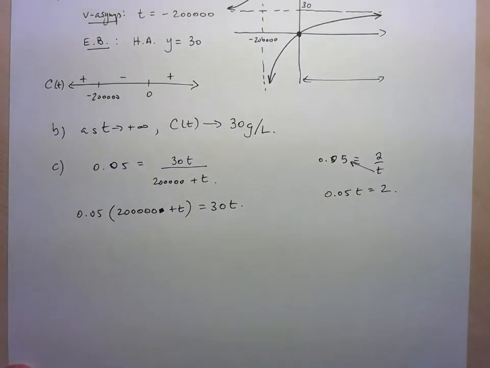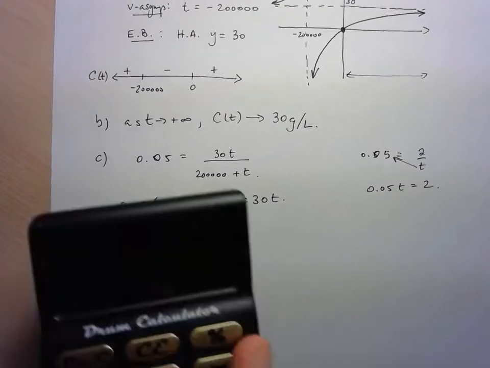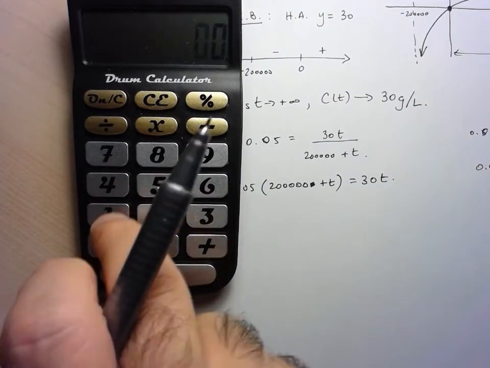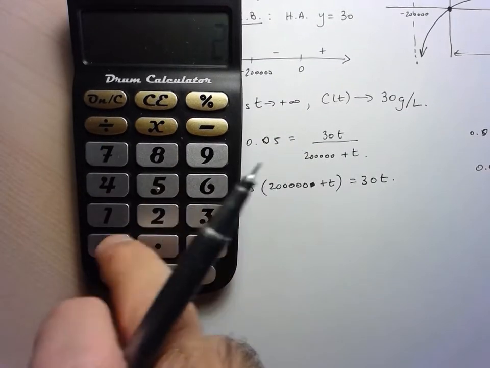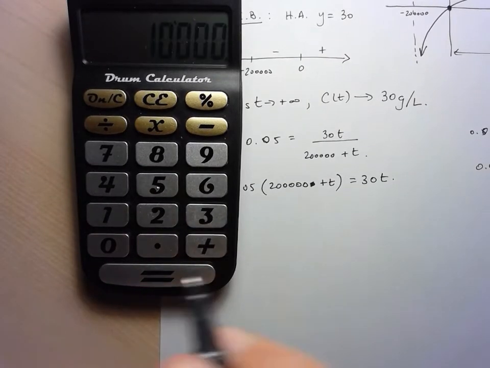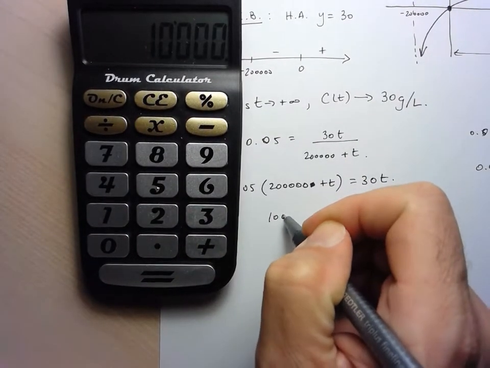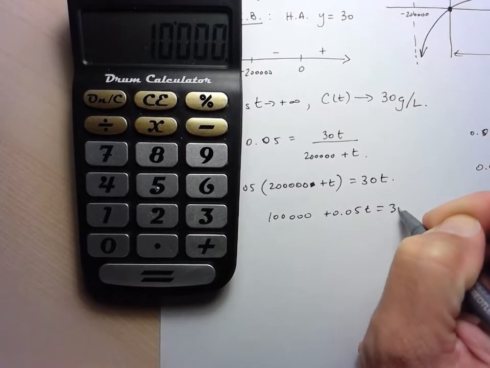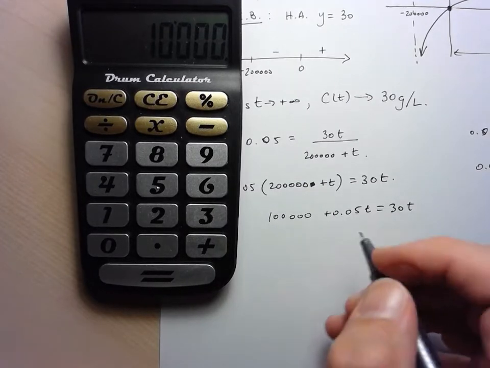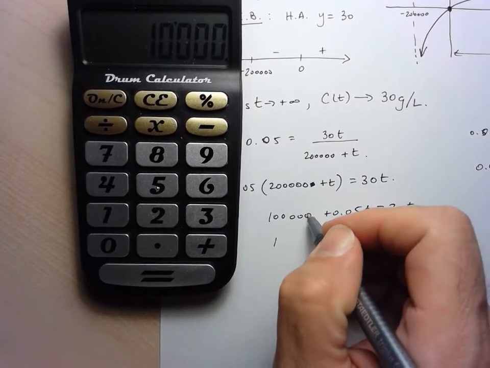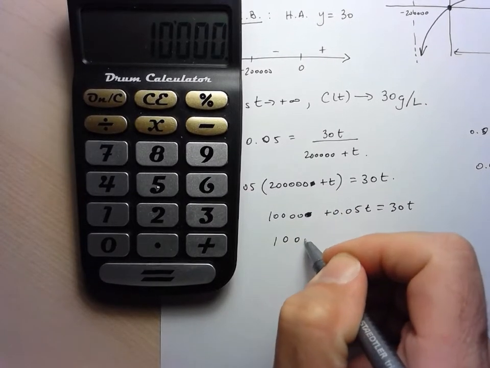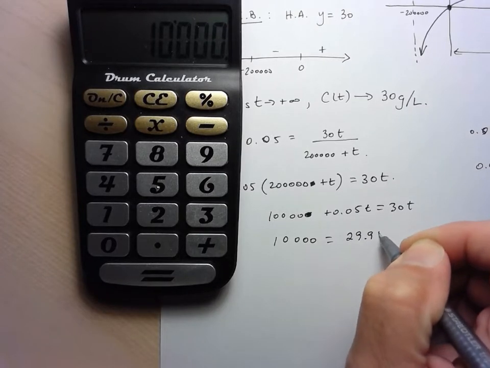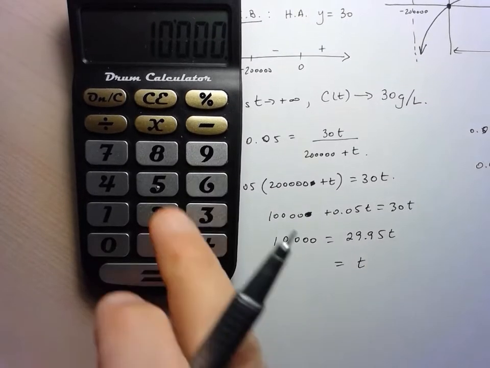I don't have my regular calculator, so I'm going to get to use this fancy calculator here. So 0.05 times 200,000. Okay, so we have 10,000 plus 0.05 t equals 30t. So I'll bring the 0.05 t to the other side. So we have 10,000 equals 30 minus 0.05, that'll be 29.95 t. And then for t, I'll just divide this 10,000 by